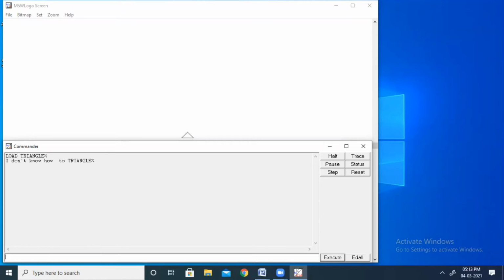Press Enter. Oh, by mistake I had given a percent symbol. That's why it is not coming. LOAD, then double quotation mark, then triangle5. Press Enter. Okay, so now the triangle file has been loaded. This is the way you can load a procedure whenever it is necessary.